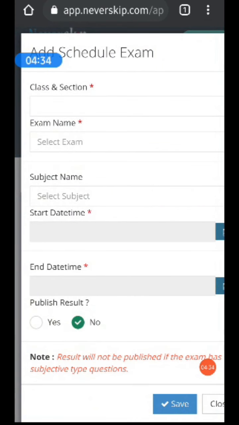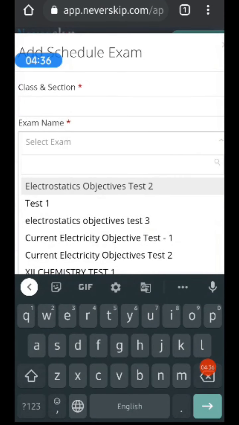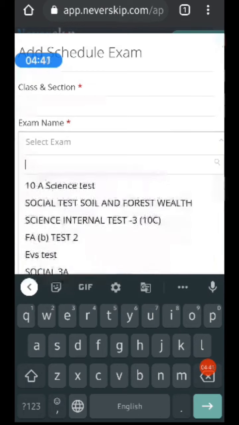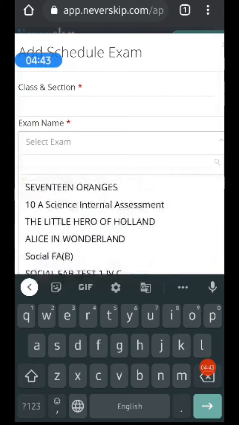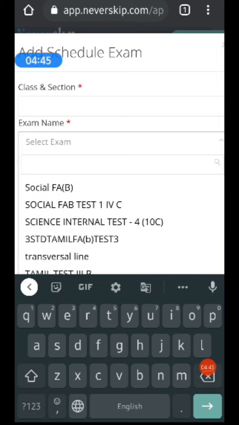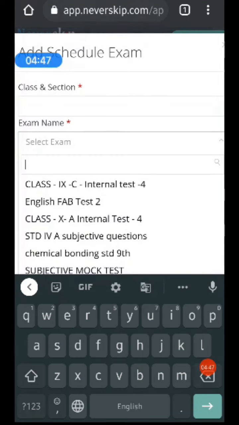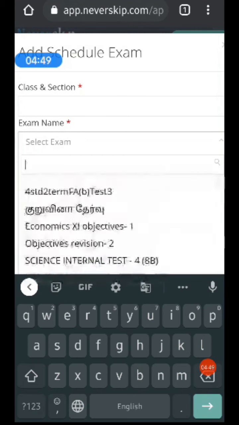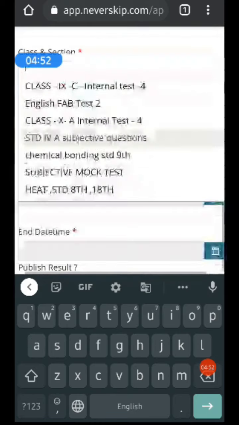as I told you, the exam name will contain the exams scheduled by all the teachers. So kindly make sure that you select the appropriate and correct exam so that the children might not face any difficulty. So after you select your exam name,